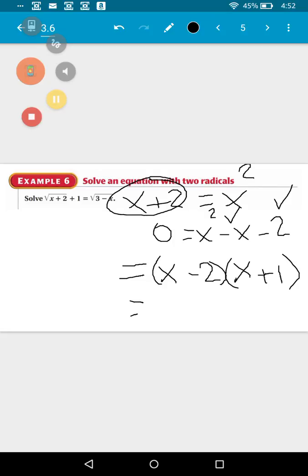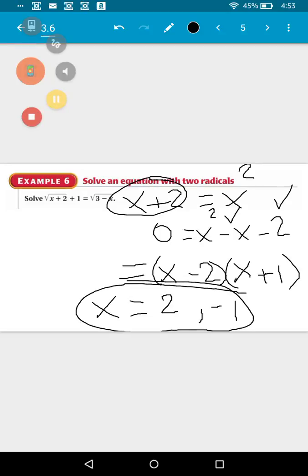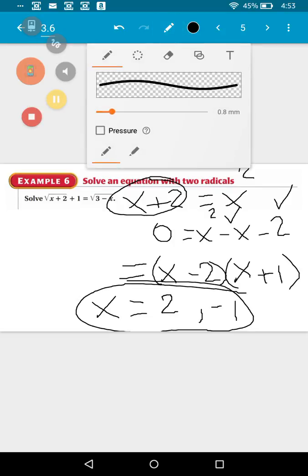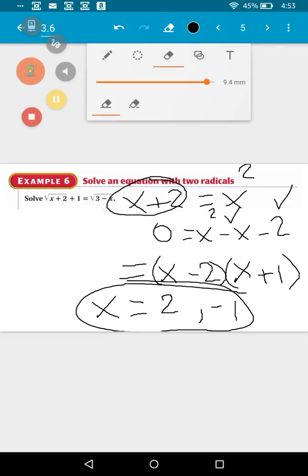So when you solve this quadratic function, you're left with 2 and negative 1. But you have to check your work because we are dealing with equations. We're not dealing with parabolas. So both of these answers may not work. Okay? So when you are checking your work,